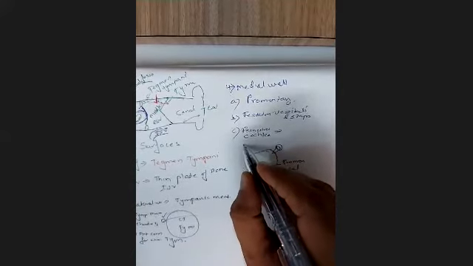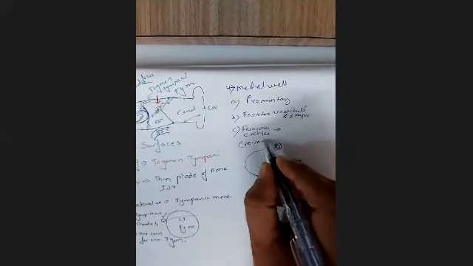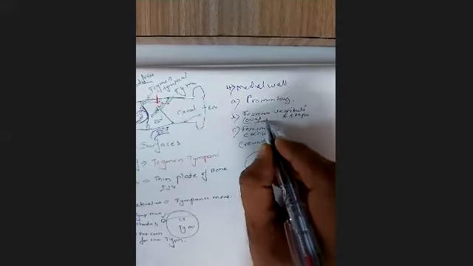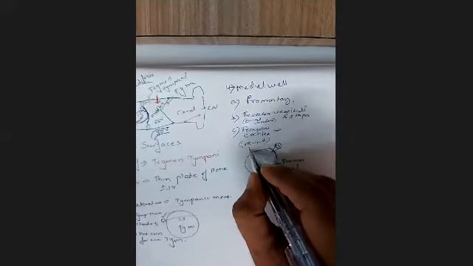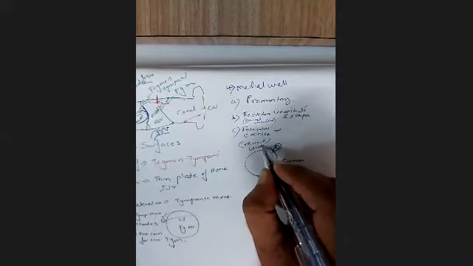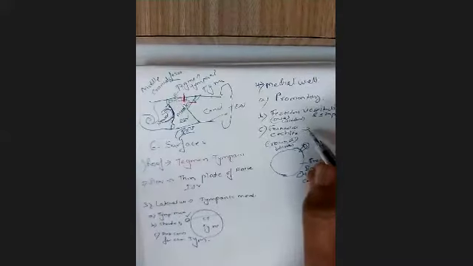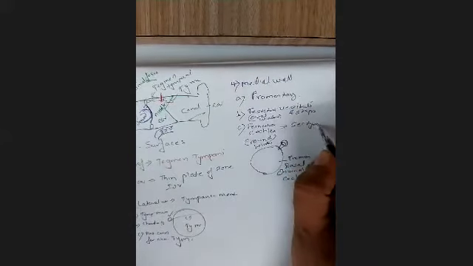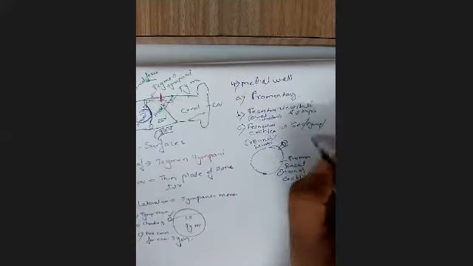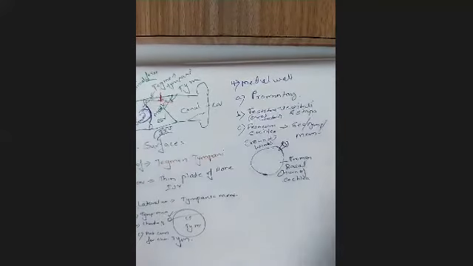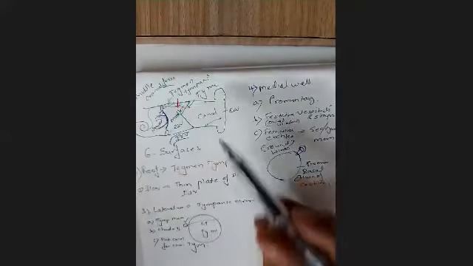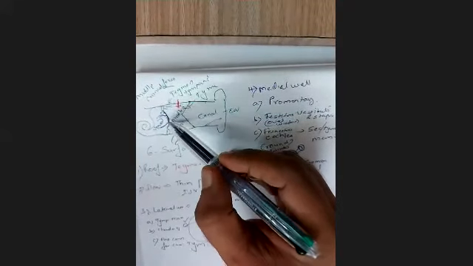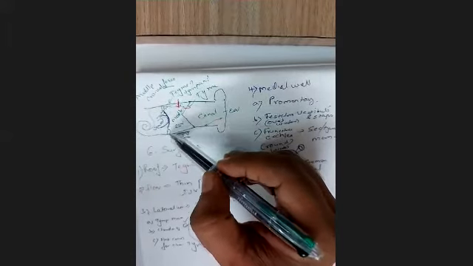These are all complicated names. This is also called the round window. This is also called the oval window. But you should know about fenestra vestibuli and fenestra cochleae, which is closed by the secondary tympanic membrane. So now three things in the medial wall: oval window, promontory, round window.